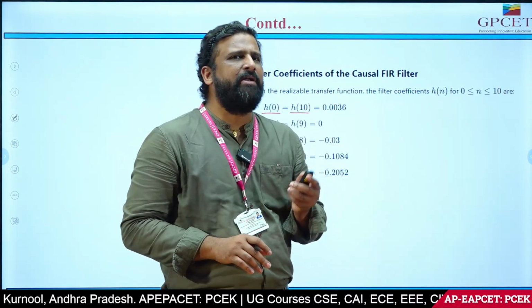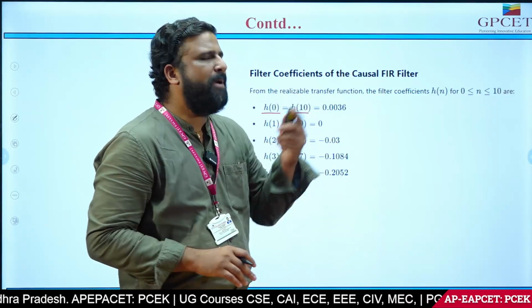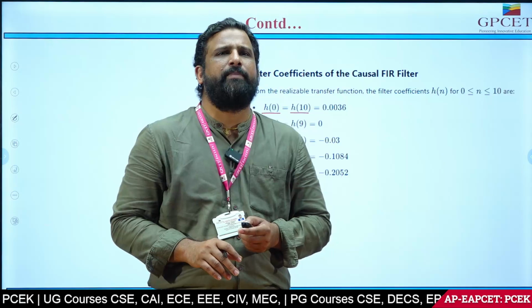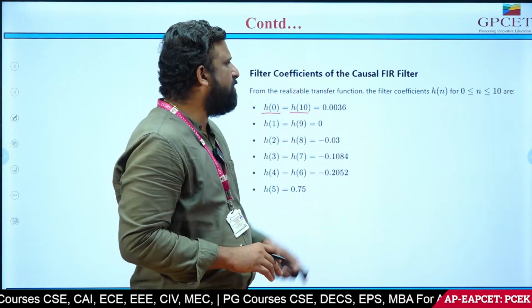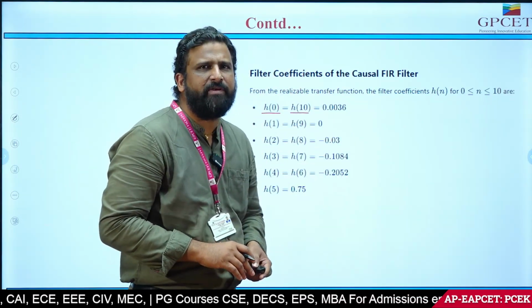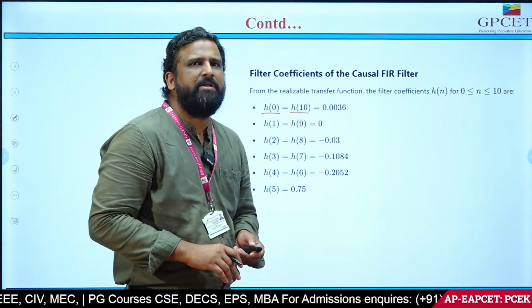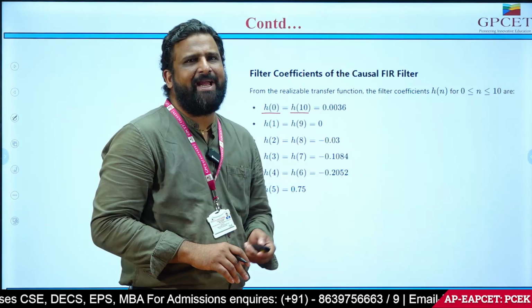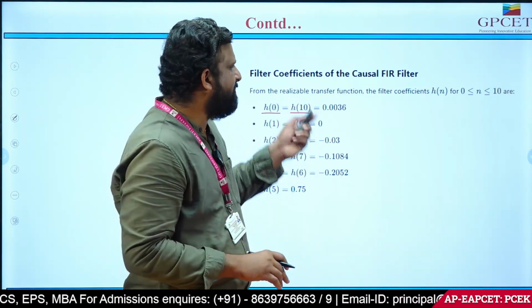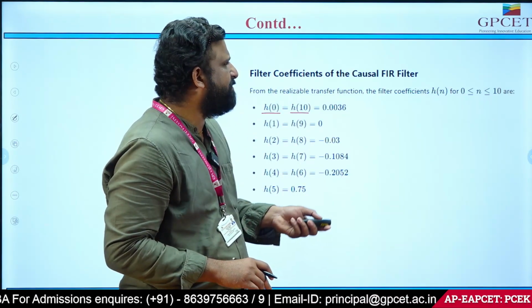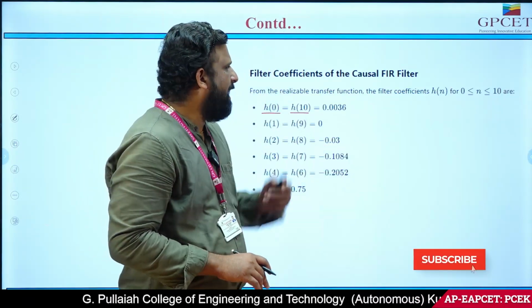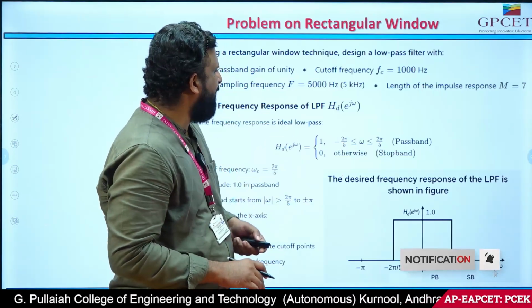For that, in the 5th step we multiplied the transfer function H of z with z power minus of (n minus 1) by 2, so that the anti-causal filter is converted into a causal filter where we can realize that particular transfer function, so that the FIR high pass filter can be realizable. So like this we can follow these 5 steps to design the FIR filter with the Hamming window. Similarly, I have taken another